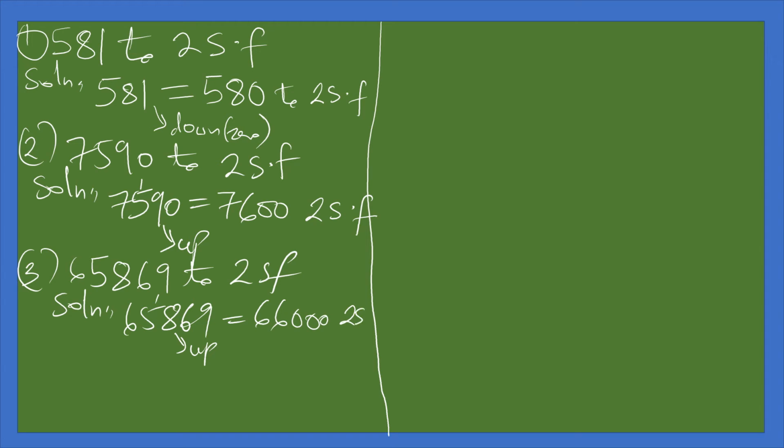66,000 to two what? Significant figures. Now remember, the initial value is 65,869. They said to two significant figures, it will now be what? 66,000. Now let's take the last example for the two significant figures so that you get the big picture. Okay, now let's just take one simple example: